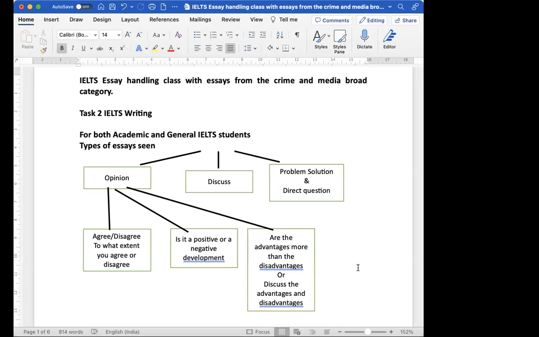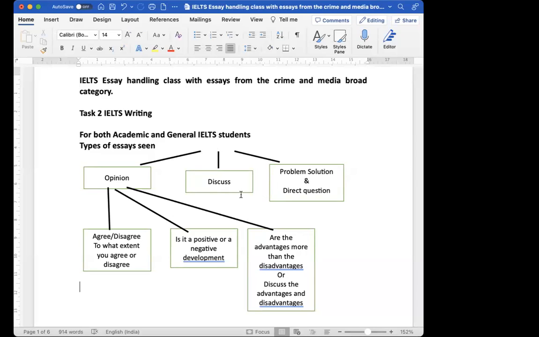No, ma'am. All right. So next we'll move on to the very first type of essay here. Wait a second. When we have a positive or negative development essay, will we talk about both developments or just a single one? That I'll come to when I come to that type of essay. Okay. But have you just understood that these are the types of essays? I'm coming to each one. I'll tell you how to handle each one, whether to go both sided or one sided. That will all be taught to you very, very nicely and clearly.